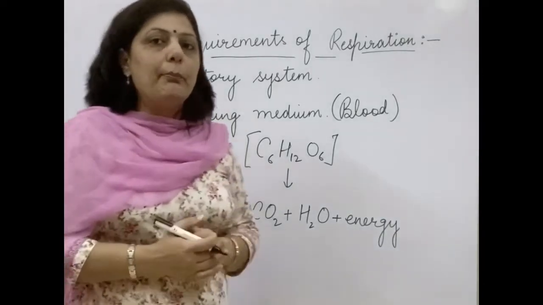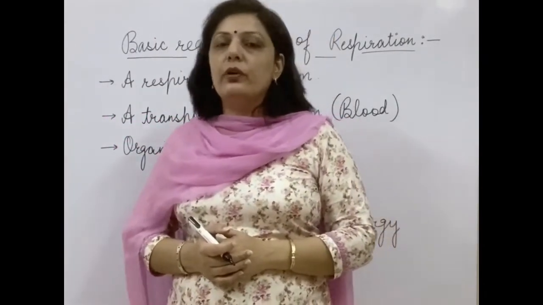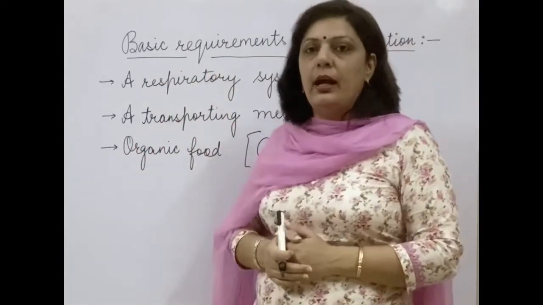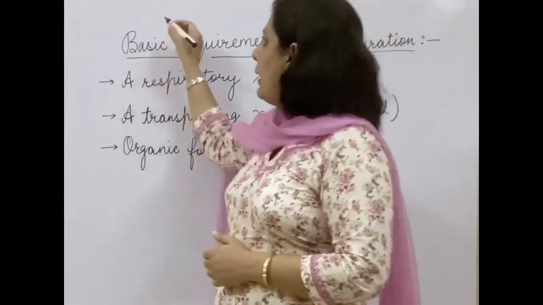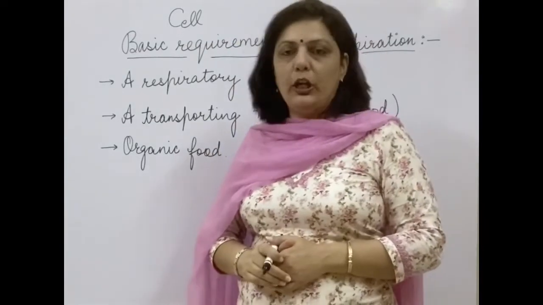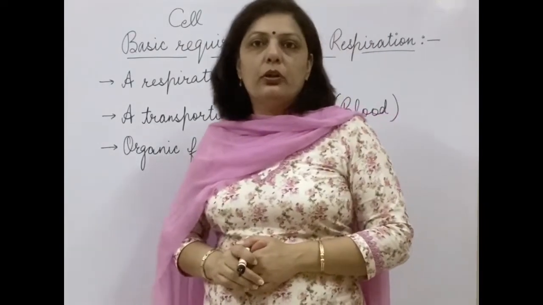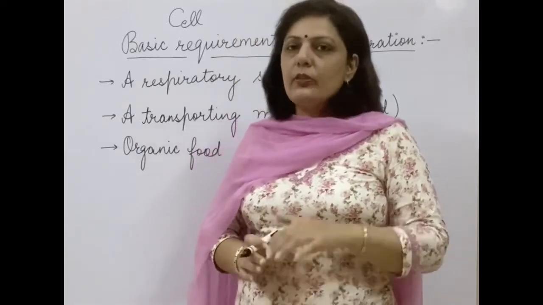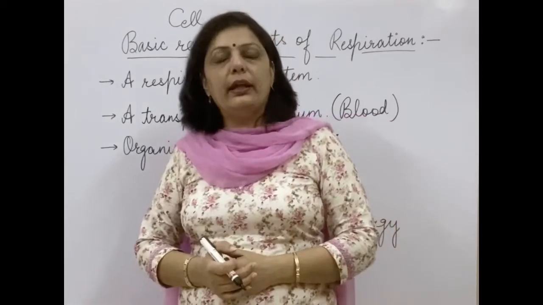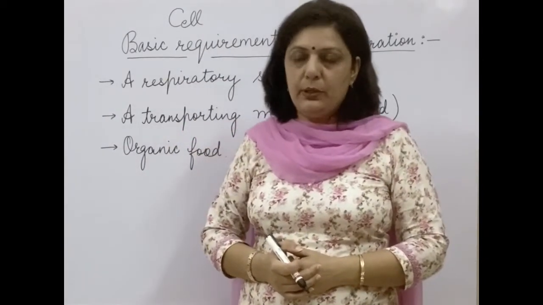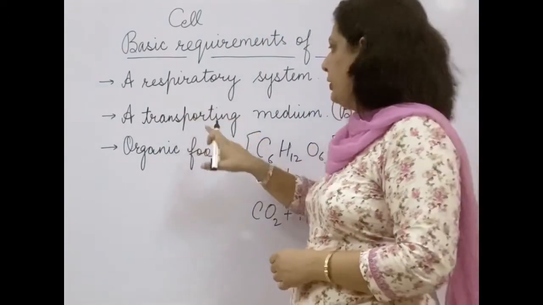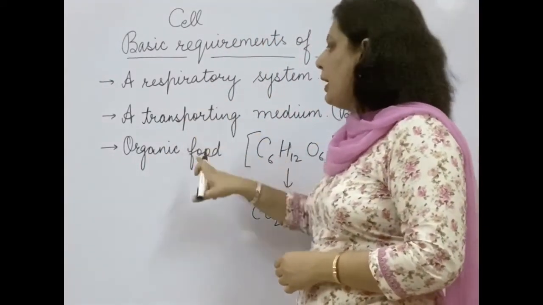So these three are the main requirements of the process of respiration which are essential to complete the process. And where will all these happen? These all will happen in a cell, which is the basic unit of life in all living organisms. So here we are discussing the human respiratory system. I hope it is clear to you which are the essential and basic requirements for carrying out the complete process of respiration properly. These are a respiratory system, which we will be reading about later, a transporting medium and organic